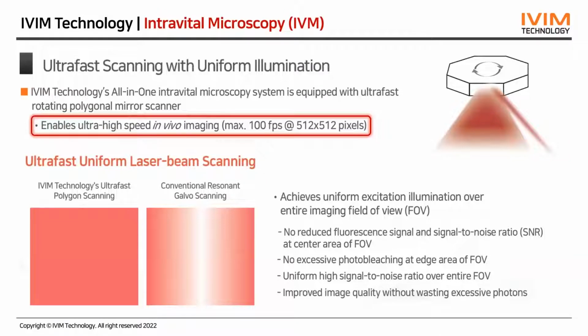Also, it can achieve uniform excitation illumination over the entire imaging field of view. Thereby, we can acquire high-quality images and videos at an ultra-fast frame rate in real time. This is very important to obtain high-quality in vivo images from live animals by compensating for the tissue motion